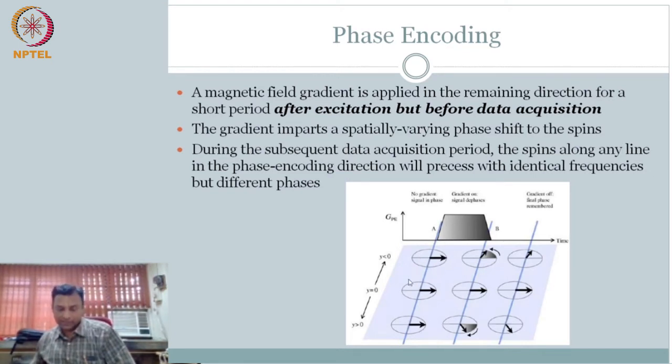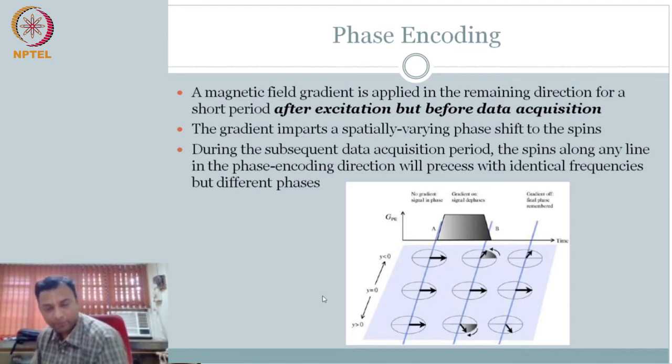When you start, everything has the same frequency, same phase. Now I apply phase encoding, or the gradient in the y direction. As long as the y gradient is on, I will change this phase. This becomes slow, this becomes fast. So I am deliberately inducing this phase change. When I switch off, it will remember that phase, and each one will precess at the frequency proportional to the field strength it is exposed to. So now along the y direction, even though the frequency is the same, each one is at a different phase.